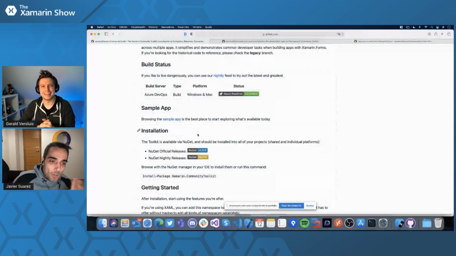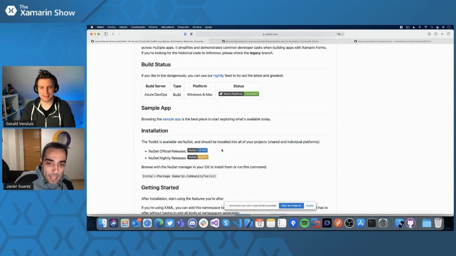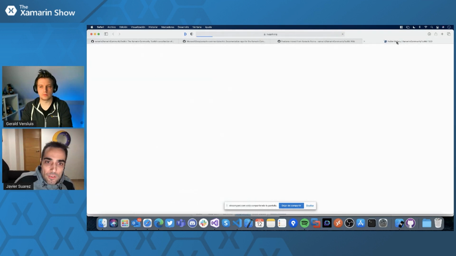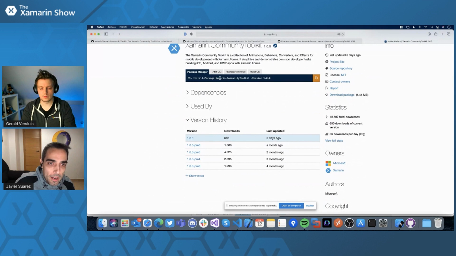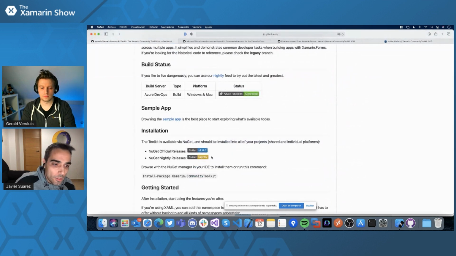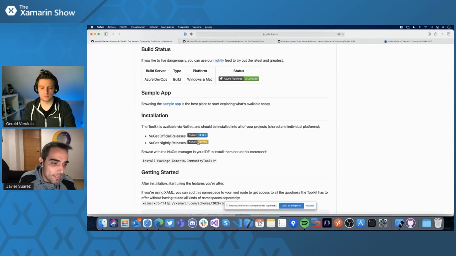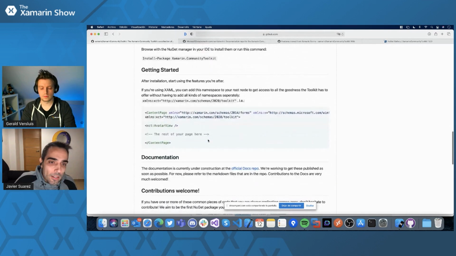All right. So can we see what it's all about? Yeah. Now that we know exactly what the toolkit is, let's see how this works. First of all, it's available in NuGet. So you can find it in NuGet, of course. Now we have released the first stable version. So here we are. The package is Xamarin.CommunityToolkit. We also have some nightly releases, so if you want to test the latest bits, you are able to do that. And to start using the toolkit, the only thing that you need to do is use this namespace. It's very easy to remember, and start accessing and using the controls or the functionality that you have.